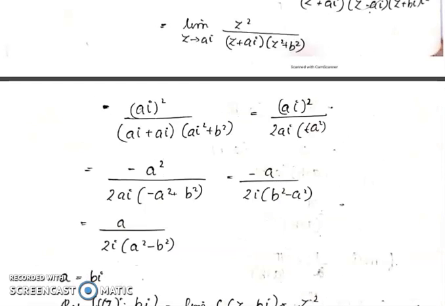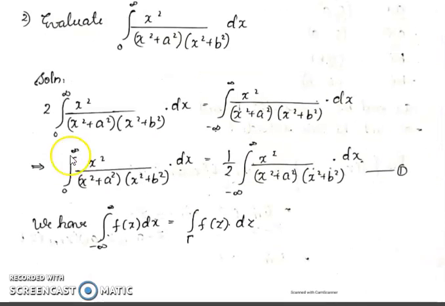So now we will go to equation number 1. Equation number 1 is, you see, our question is this 1 by 2 into this integral value. Just now we got this integral value only. So we have to find the answer. We have to multiply it by 1 by 2. Our solution is